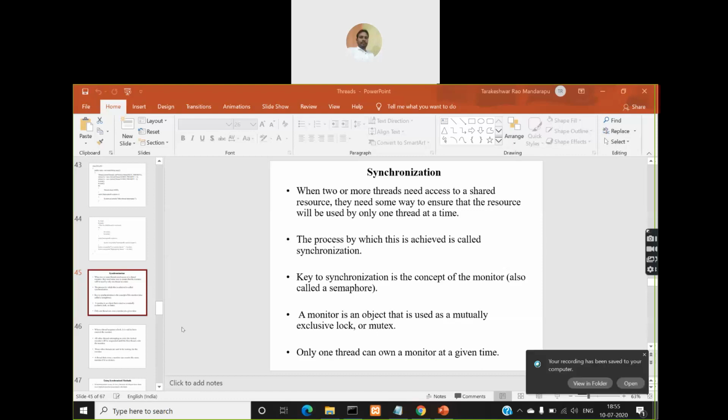Okay, so if there are multiple threads in a program and if all these threads are sharing a particular resource, what do you mean by a resource? Any entity that is required for executing a program or a thread. For example, our program requires some memory in the main memory of a computer, so we can consider this main memory as a resource. Similarly, it requires some IO devices to take some input or to generate an output and display it on the output device, right? So even input and output devices can be considered as resources.